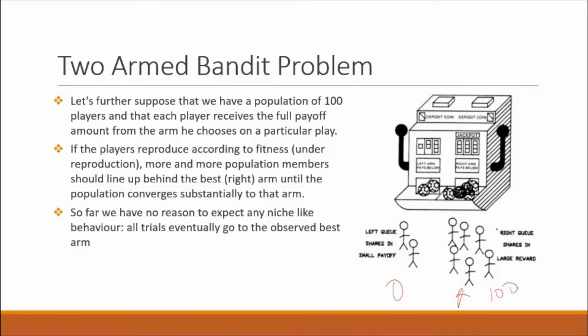But still, the niche condition is not given, because all are coming to the same position. So even though this one is giving $25, nobody is coming here. But this one is giving 75, so all the people are coming here. So then what we do is